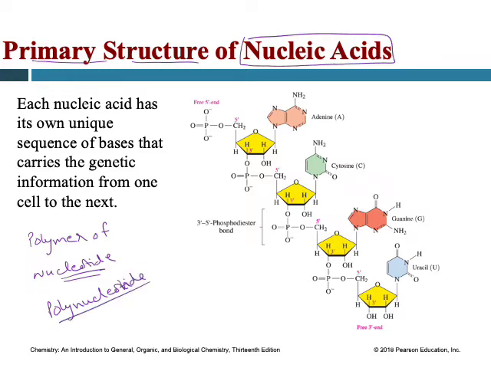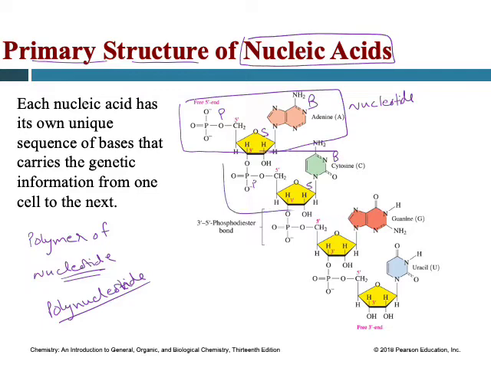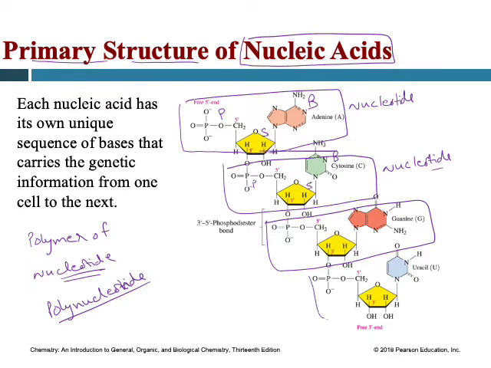Polynucleotide, right? So let's take an example over here. You have base, you have sugar, you have phosphate group. So base, sugar, phosphate, this is one nucleotide, right? Then again you have second base, sugar, then again phosphate. This is again a nucleotide, right? And then you have one more nucleotide over here, and then you have one more nucleotide. So this is made up of 4 nucleotides, and then these nucleotides are gonna bind with one special